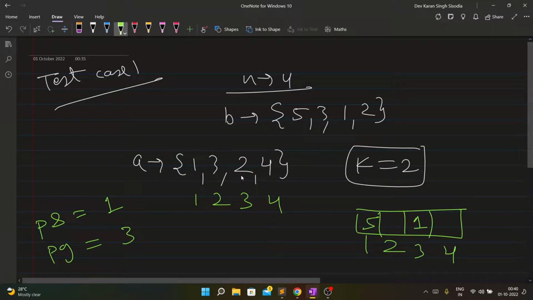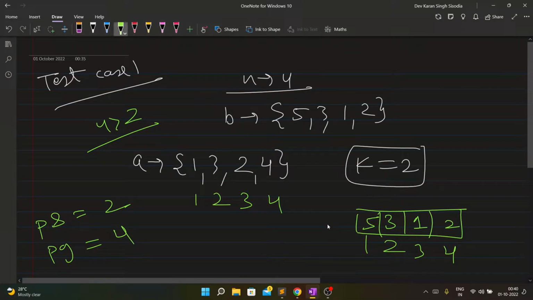We have 2, and 2 falls in the less than case. In that case we replace b2 with the previous greater, and since it was smaller, I will update the previous smaller with 2. Now if I go to index number 4, I notice that 4 lies in the greater than range, 4 is greater than 2 basically. So I will go to the 4th index and replace it with the previous smaller, and I will update previous greater, which is 4.